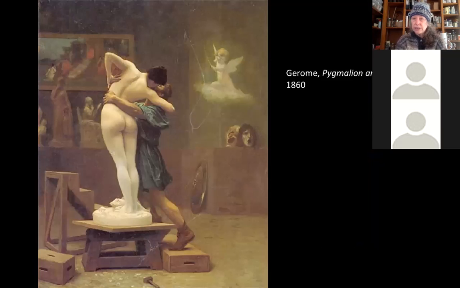Okay, so this is an example, believe it or not, of the official art of the French Academy. France had a whole system of teaching art and training artists, the academy system. You had to get admitted to the academy, and then once you were in the École des Beaux-Arts, which still exists, you had to learn to draw realistically. You had to learn human anatomy, do figure studies, and learn linear perspective and the properties of paint.